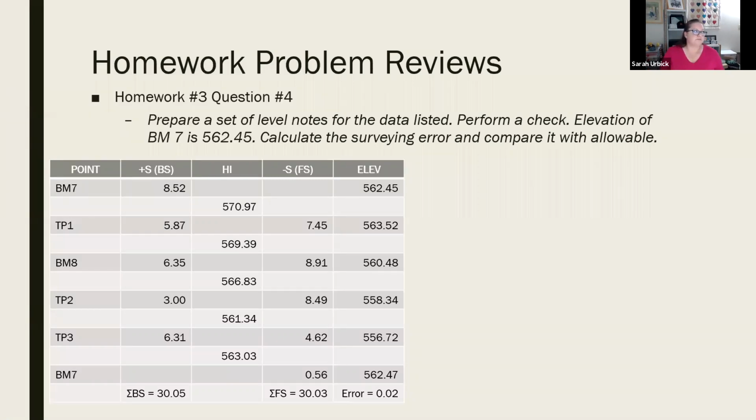To figure out the error, we sum up the back sites and we sum up the fore sites. To make sure we don't have a math error, we also take the difference between our initial elevation and our final calculated elevation, just to make sure we didn't transpose something or write down a number incorrectly. We want to make sure that those two are equal. Then our table jives, it balances. Okay. So here we've taken the difference between the back sites and the fore sites, and we've come up with an error of our